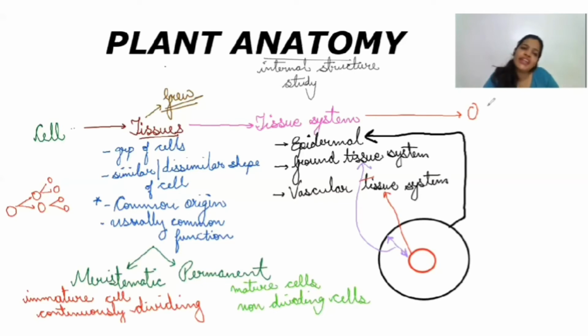And when we complete tissues and tissue systems, we are already done with the anatomy of these organs and organ systems. Okay, so organs, if I say, then what are the organs of a plant? Like my organs are my hands, my legs and all. So in case of plants, what are its organs? Remember, all the parts of the plants like roots, stems, leaves, flowers, fruits, everything are their organs.